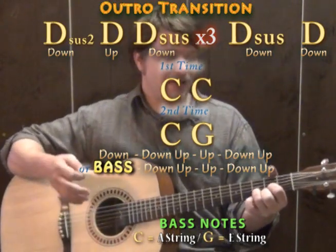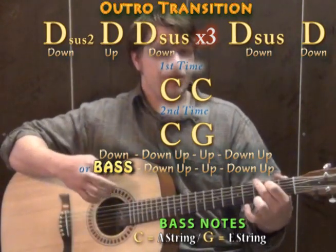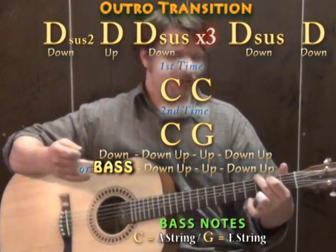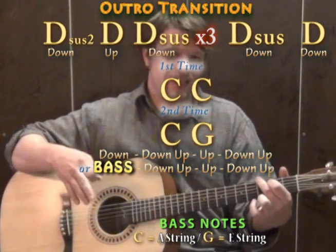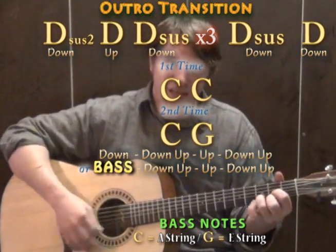And then you have that C major again. But the second time, you go to G major, down, down, up, down, up. And you can actually try that too, with your basses if you want, for the C's that happen in the C and the G. So we tried it that way. You'd have your D lick,